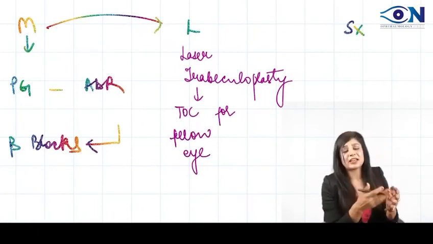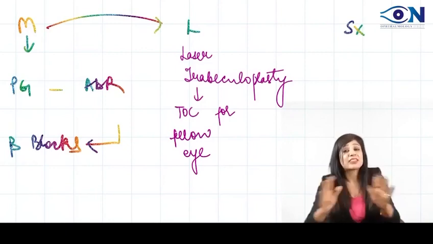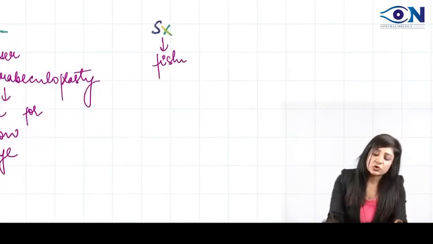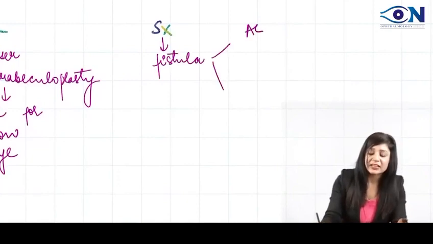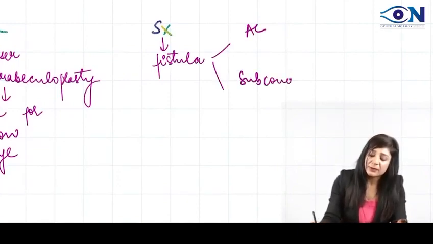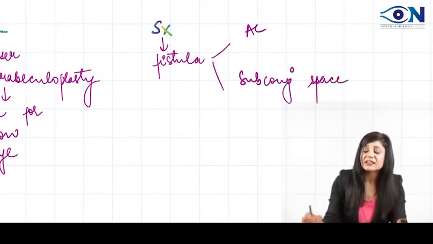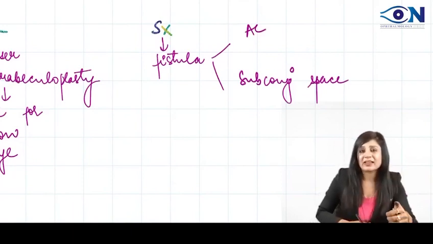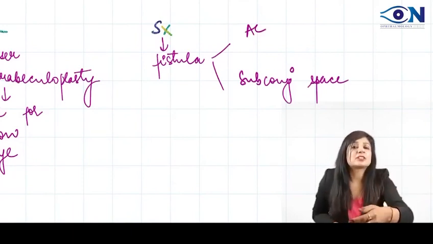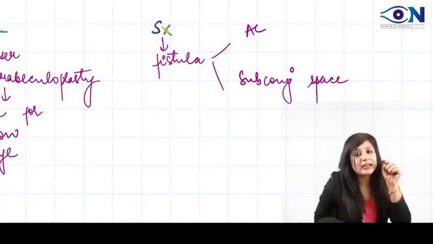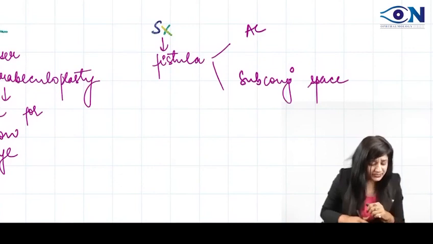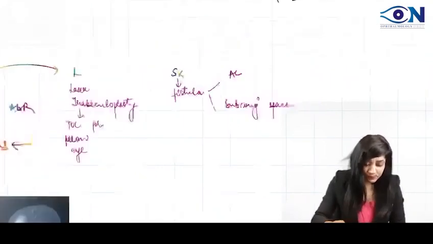And finally क्या करेंगे? Finally is the surgery. So when nothing is there, then you can do the surgery where we are creating a fistula. Fistula we are creating between anterior chamber and the subconjunctival space. This is the last thing. If it is not opening, then I have to create an artificial opening between the anterior chamber and the subconjunctival space so that the fluid can directly go out into the subconjunctival space. What is ABR? ABR I have not written. ठीक है ना? All right.